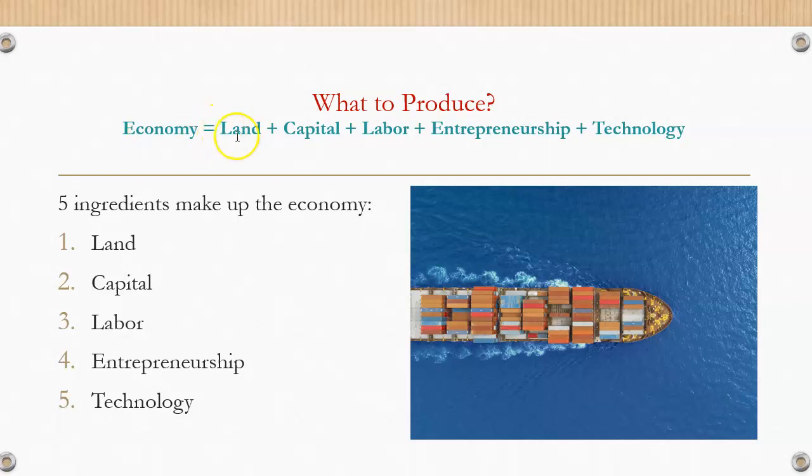They clearly have to use all the ingredients that make up an economy, and the ingredients are the 4 resources we learned plus technology. Land, all the raw materials that are renewable. Capital, man-made and productive, all the machinery, all the tools that they actually use. Land is in this case going to be the wheat itself, the other grains themselves, the soil. Labor is obviously the workers, entrepreneurship, and everything that has to do with innovation that translates into technology. So those are the 5 ingredients.